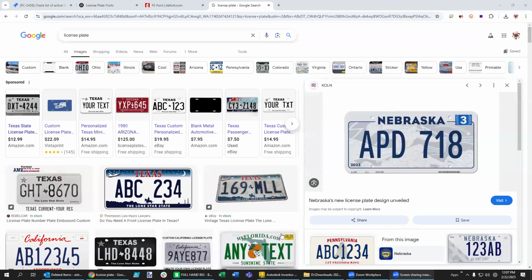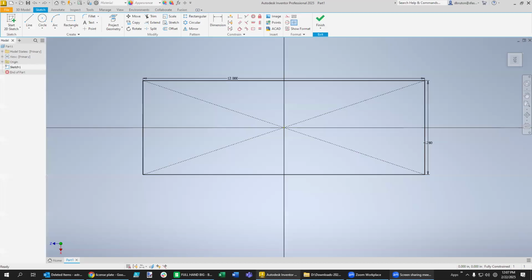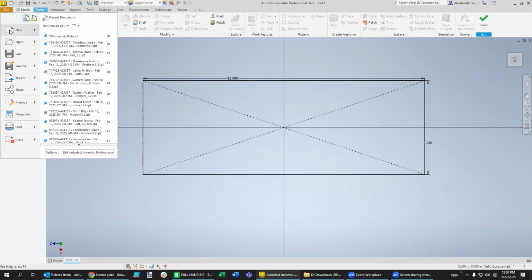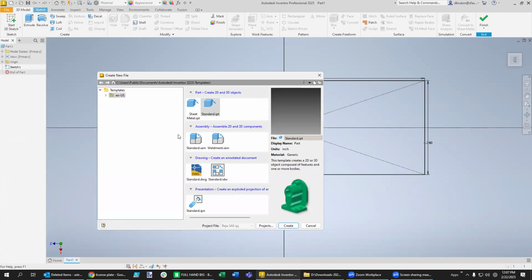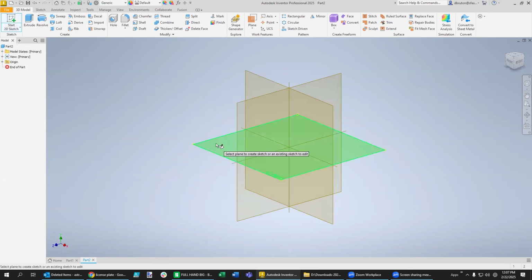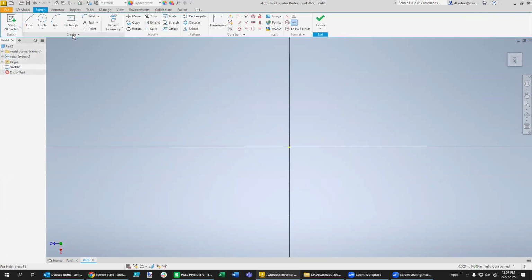Okay, let's make a simple license plate in Autodesk Inventor using the standard size. Let's just start with a new one. And I'm just going to use the standard IPS inches, pounds, and seconds. We'll start a sketch on the bottom plane and use the standard size, which is about 12 inches by 6